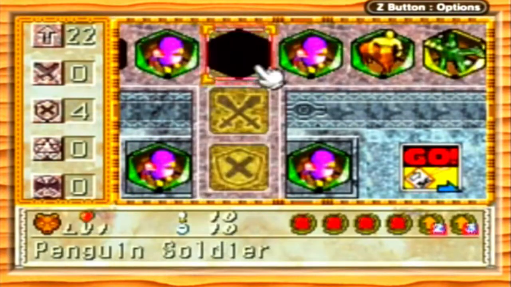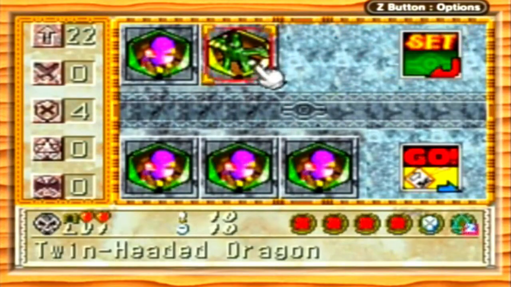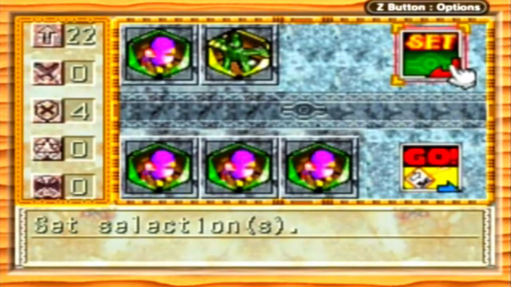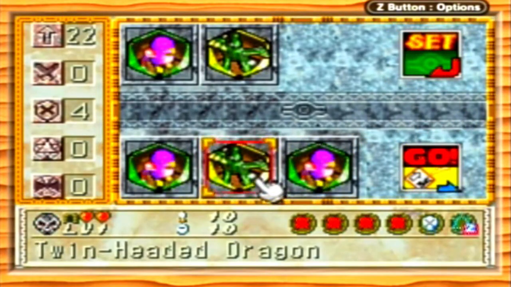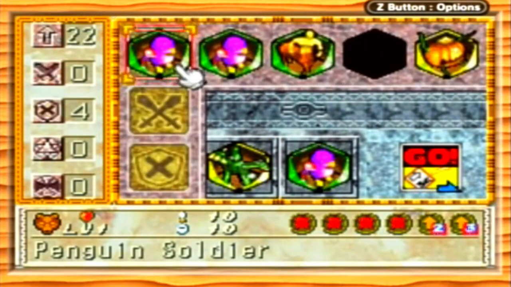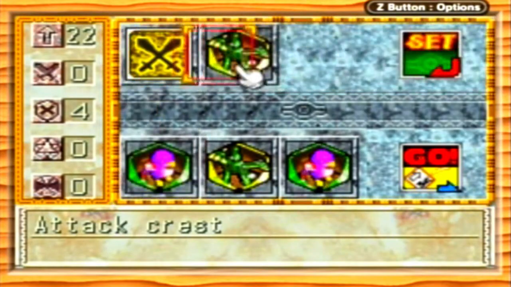If you want to summon both the Penguin Soldier and, let's say, you're okay with also a twin-headed dragon, set, and there we go, see? Because that is the best possible option, one of those, because you only have 1 plus 2 Penguin Soldiers. However, you can also roll for crests. If you want to roll attack crests,